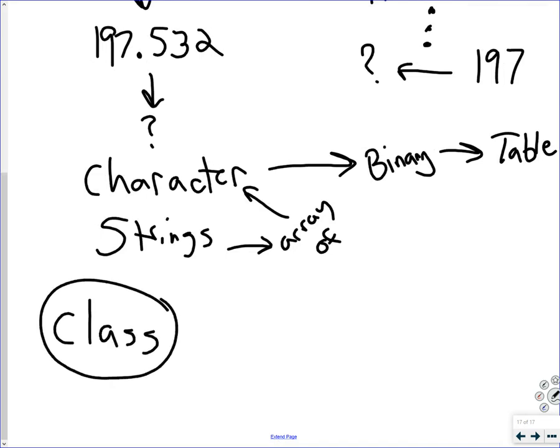And what you know about classes is a complex data structure built from the primitive data structures. And then we have classes that are built of classes, so everything builds off of the primitive data structures. And ultimately, all the primitive data structures build off of the binary data.